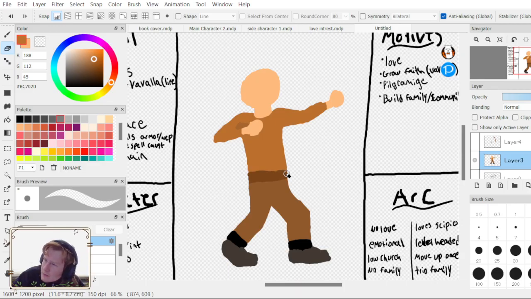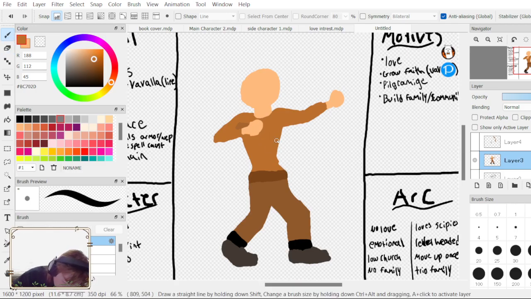So if this is the waist, it kinda like that. Okay, this. There.